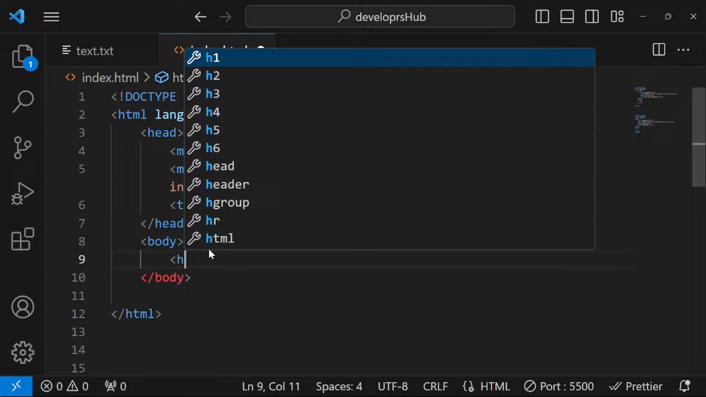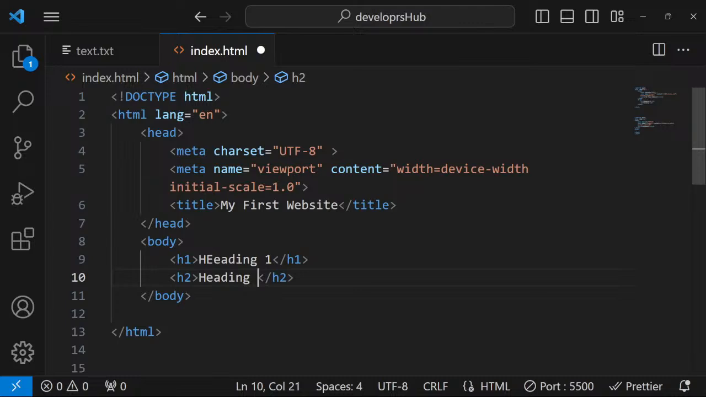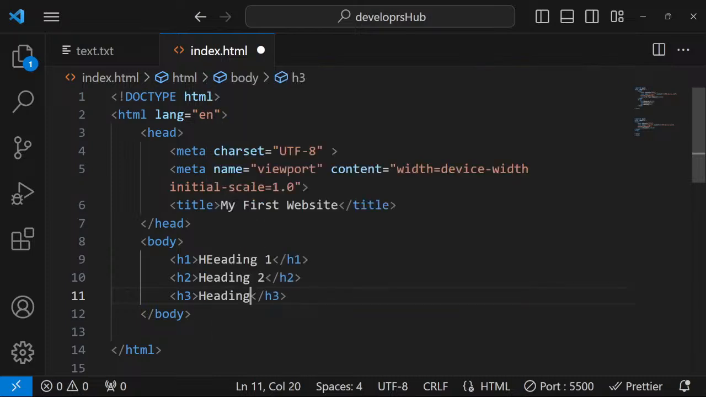We type H1 and then we close it, and then we are going to write heading 1. I'm going to come here and write our H2. I'm going to say, sorry about that, we are going to say heading 2. I'm going to come here, write H3. I'm going to go heading 3. You know what, let's just copy this heading so we don't have to always type it over again. So I'm going to go H4, we're going to go heading 4,